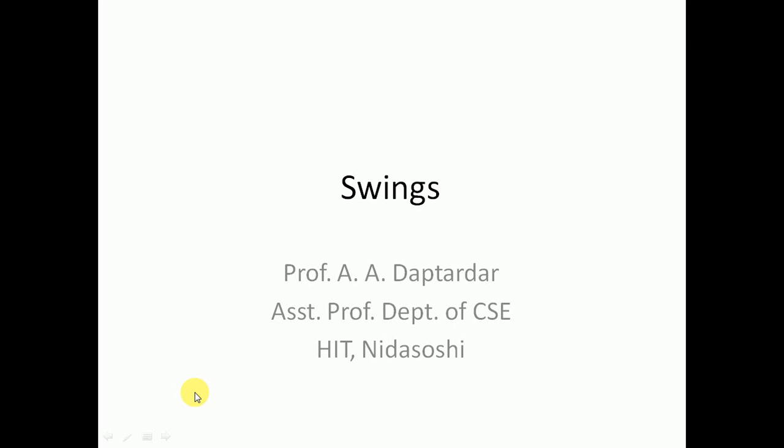Good morning, students. So today in this video, we'll see the remaining part of the fifth module, that is the different Swing components which can be used to create the graphical user interface. So in this video, we are going to see about the JScrollPane, JTable, then JComboBox, and JList. So these are the four different types of components we can add to the top level container, that is JFrame, to create the GUI. So we'll see these in detail one by one.